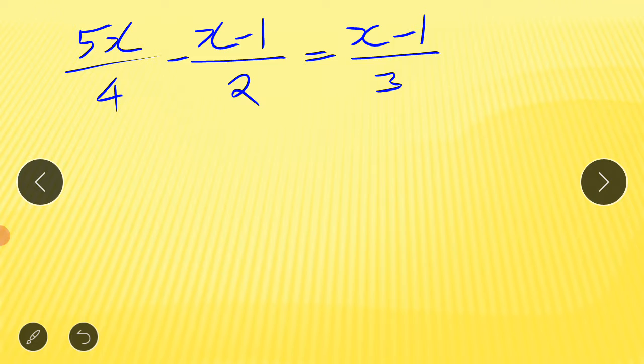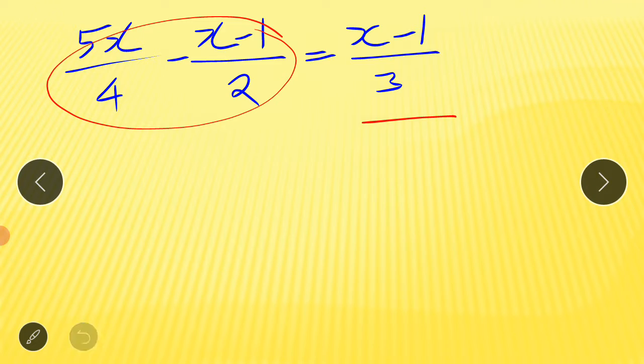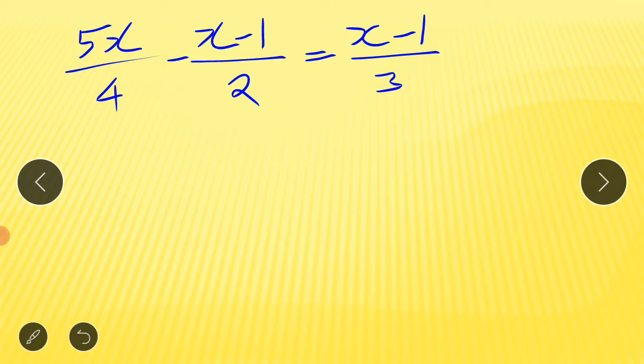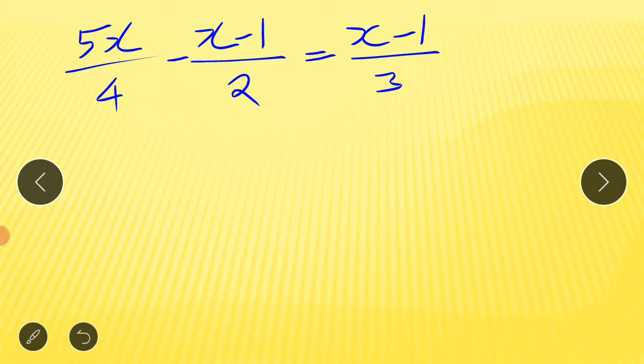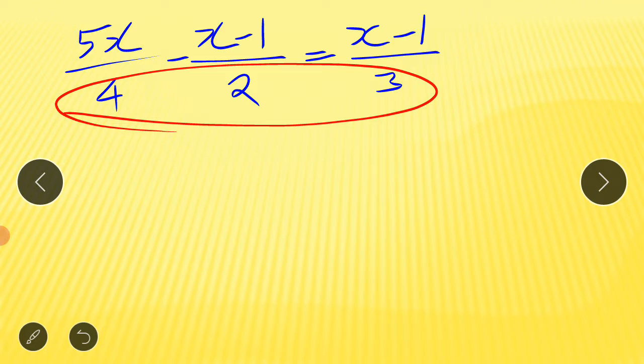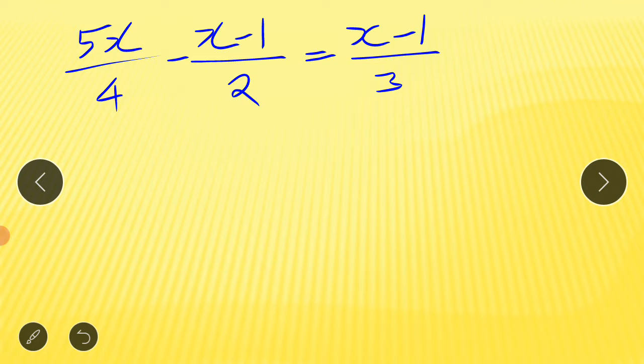So here we can solve by taking the LCM of these two numbers only, then solving the left hand side, then proceeding with the right hand side. Or otherwise, when we get an equation like this, with everything in fractional form, each term in fractional form, see, this is in fractional form and this is also and this is also. When you get it like this, let's find the LCM of the denominators. Let's solve by taking the LCM of all the denominators.